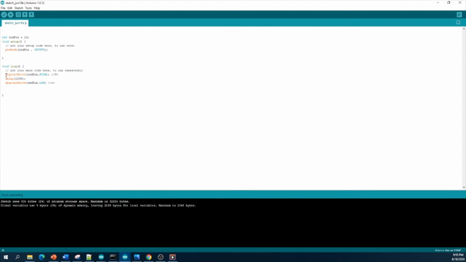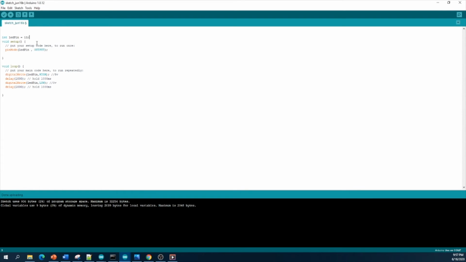Right. This line of code is used to set your LED pin value high to 5 volts, and this line of code is used for delay, meaning holding the 5 volts value for 1000 milliseconds. Then this line we use to set the LED pin value low. So when you upload this code to your Arduino, the LED turns on and holds for 1000 milliseconds, and then the LED turns off. Then I put some delay to hold the LED as off.